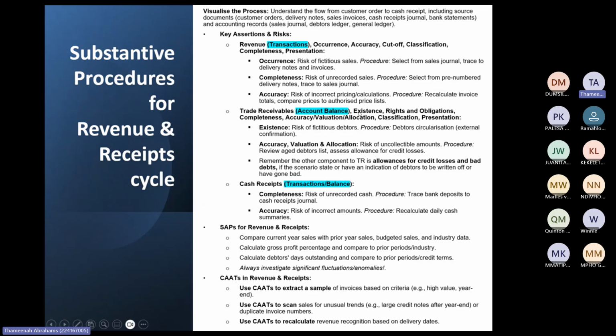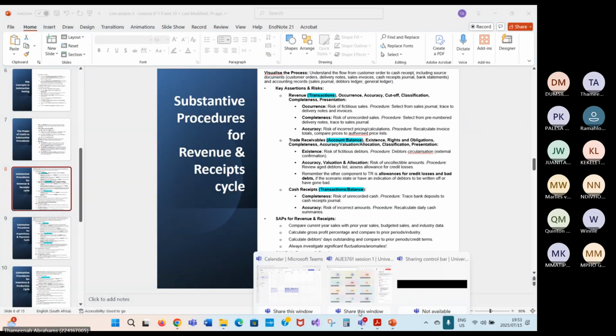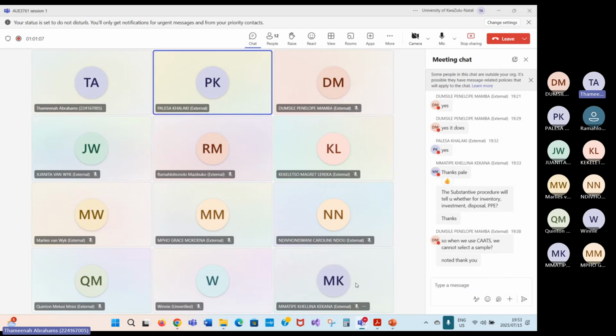And that would be the ones identified here by account, by trade receivables, those assertions, right? But transactions within the movements for the year is seen, like for example, receipts from customers is seen as a transaction. Does that make sense? So receipts from customers would be seen as a transaction, and hence that will be transactions assertions or statement of profit and loss. Does that make sense, guys? You can just say yes or no. Yes, it does. Okay, perfect.